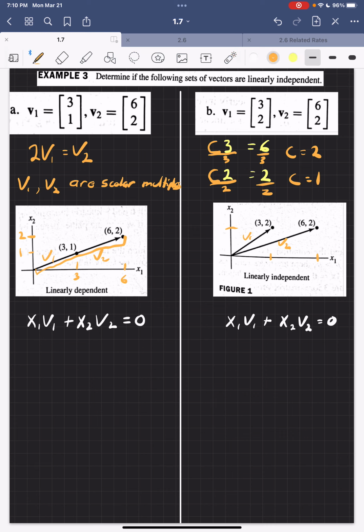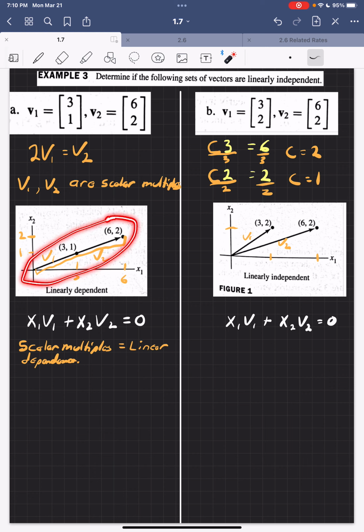So what we can write is, if you have a set of two vectors that are scalar multiples, then what you have is linear dependence. Now, this is somewhat sloppy, right? I'm just speaking based on these two scalar multiples. I should refine this a little bit better, but just speaking informally, you can imagine